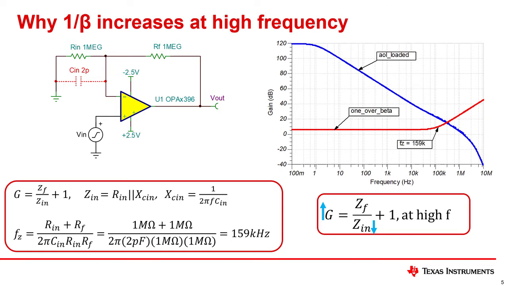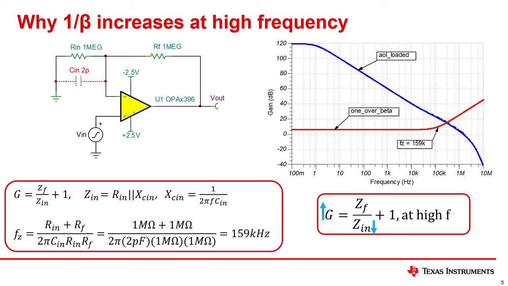This slide shows a simplified closed-loop version of the previous circuit. The Cin capacitance represents the common mode and differential input capacitance of the amplifier. In reality, this capacitance can also include some parasitic capacitance from the PCB trace connecting the inverting input to the feedback resistors. In any case, this capacitance is in parallel with Rin.